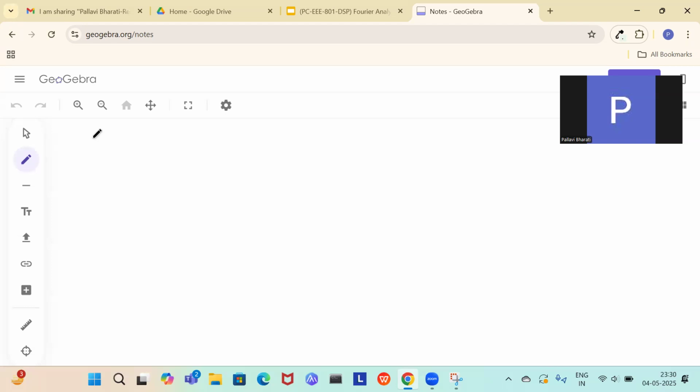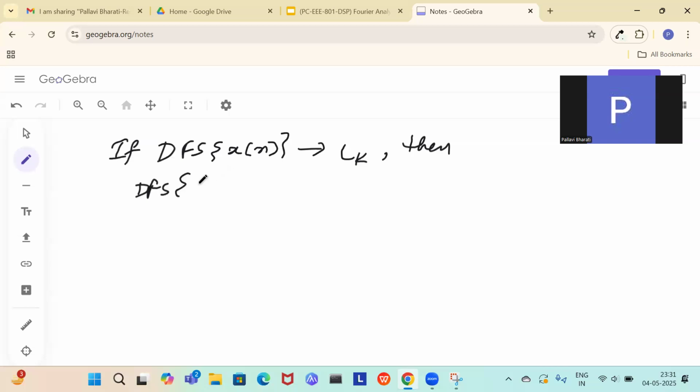So the time shifting property says that if the discrete Fourier series for x of n is given as ck, then the discrete Fourier series for x of n minus n naught, which means the signal is shifted in the discrete time domain by n naught,